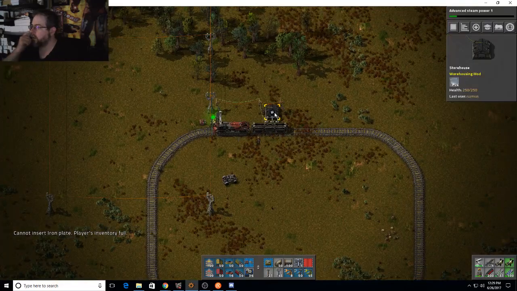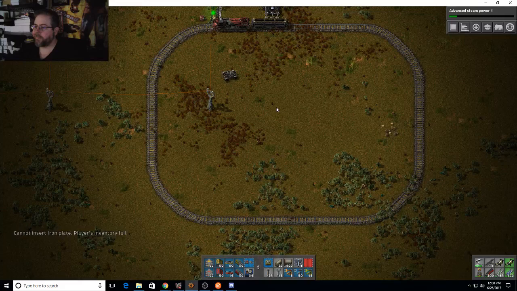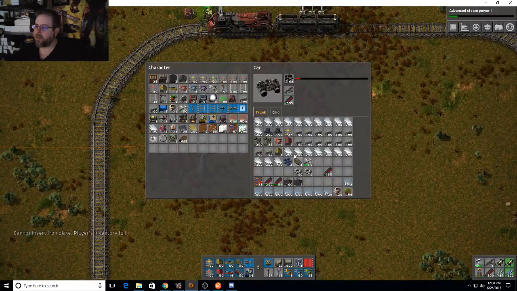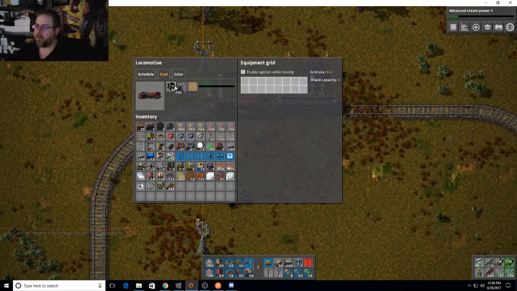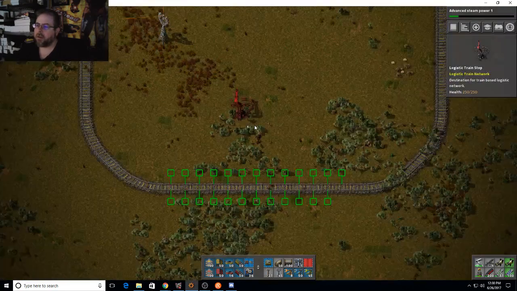So there is 3,000 iron in here. Oh, you need probably a little bit more gas than that one piece of wood too. Oh, you got some coal. There. Okay. So then down here,